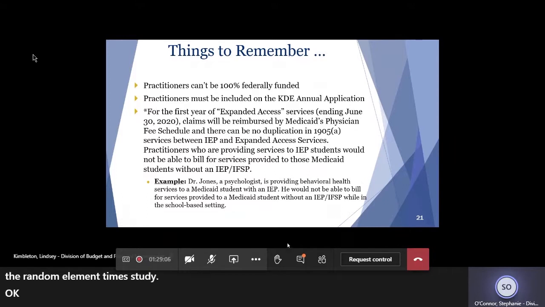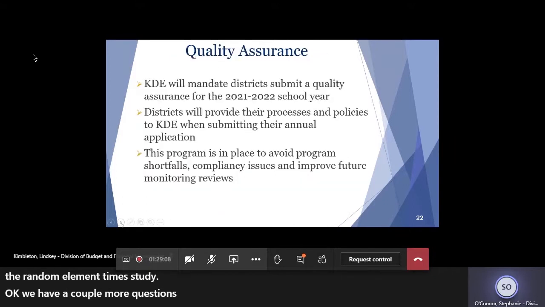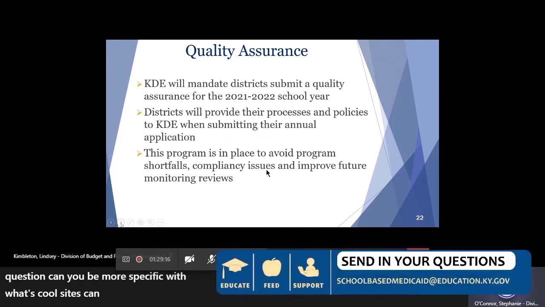Okay, we have a couple more questions, so we'll try to go through these. We have one question. Can you be more specific with what school sites can bill for? Tina, there is an updated procedure code list in the new SBHS Technical Assistance Guide that should be able to help you, but that'll be something that as we go through this process, we'll be able to give you more specifics.